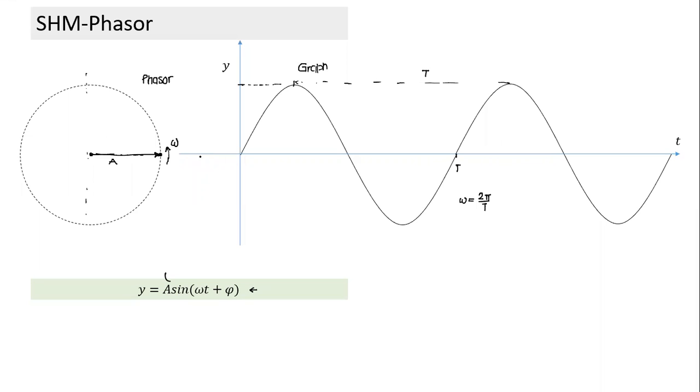In this particular case, the phasor I have drawn at t equal to 0 has a y-coordinate that has to match the y-coordinate of the graph at t equal to 0. So if this is the equation, what is the phase constant in this particular case? The phase constant is 0. Let me look at some more cases. Very quickly, whenever a graph is given, we should be able to draw a phasor. And second, if a phasor is known, we should be able to interpret the graph.